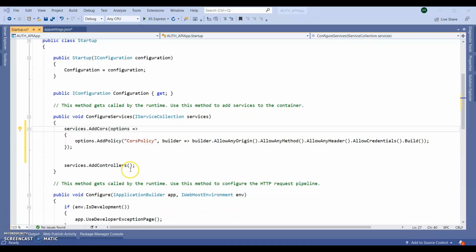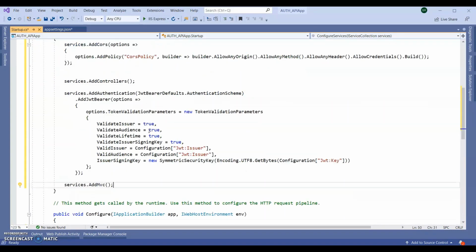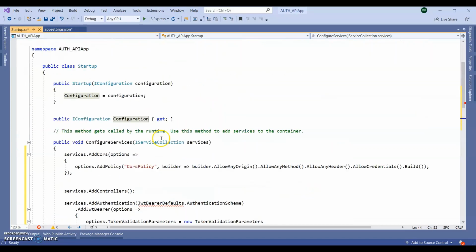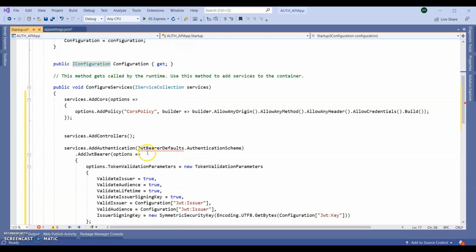Next, after AddControllers, we need to add the authentication part, where it will validate the issuer and audience, meaning who is the issuer. We are getting these configurations from this IConfiguration interface.